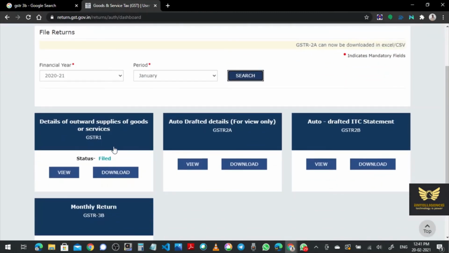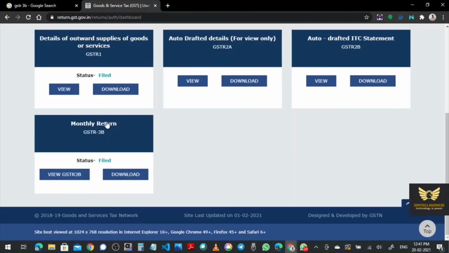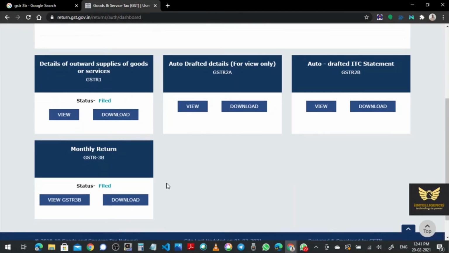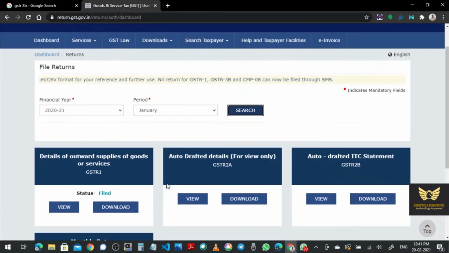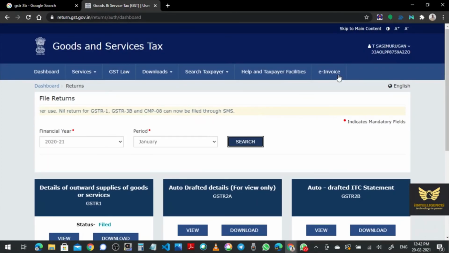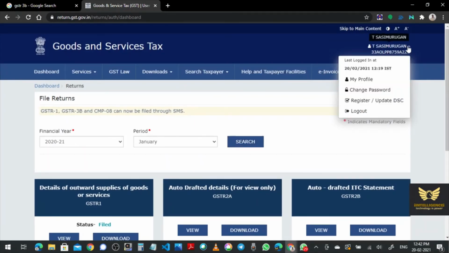This is GSTR 1 already filed. So if you check now, GSTR 3B, its status is filed now. Earlier it was showing pending. At the due date it was showing as today. Now since you have filed it, it is showing filed. Okay, GSTR 3B has been filed.